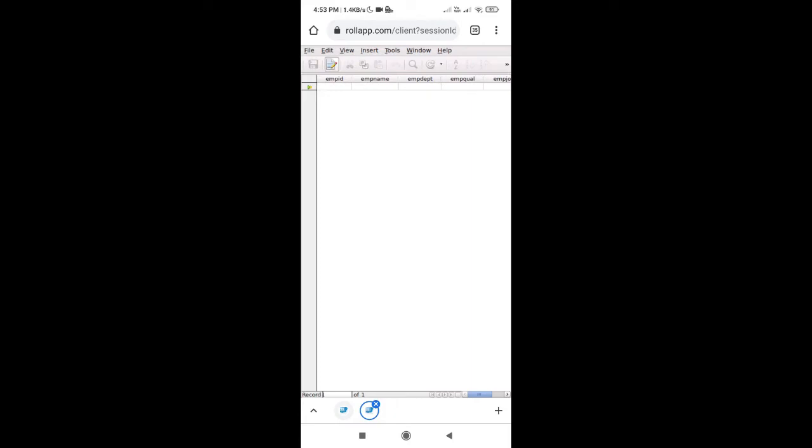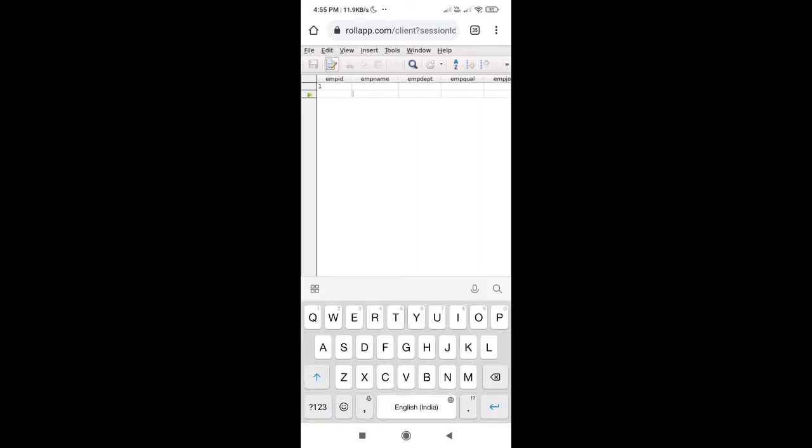One important thing before writing the records in this table: do not leave the employee ID column blank. And one more thing, while writing the employee name, department, qualification, salary, you have to take note that whichever query they have told us to create, for that just put at least one record. Like they have told one employee name as Mr. Suhas Kale, so put one employee name as Mr. Suhas Kale, then one department as accounts, qualification as MBA.